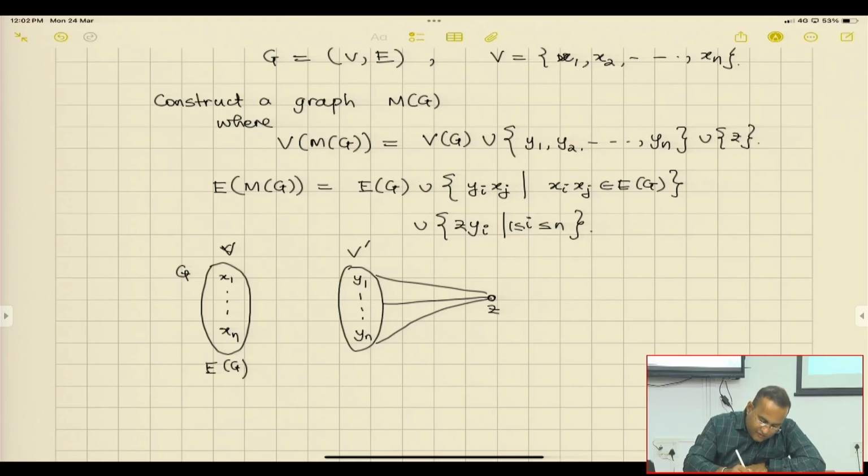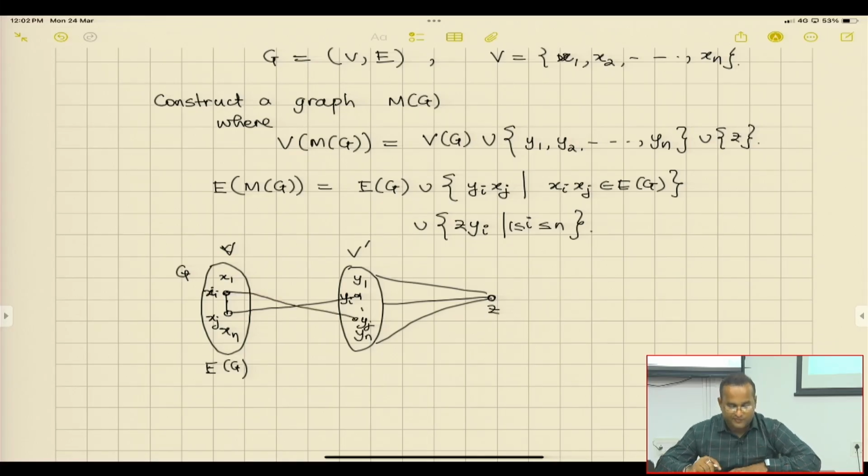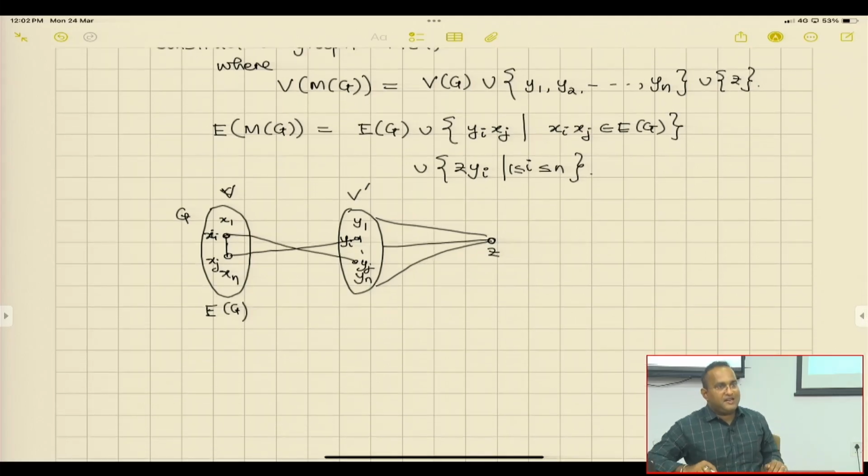and if these two edges are there, this is xi and this is xj, right? Then this yi is made adjacent to xj. Similarly for yj, what will happen? Yj, xj xi is also an edge of the graph, so you just make yj xi also, right? Fine, the construction is clear,